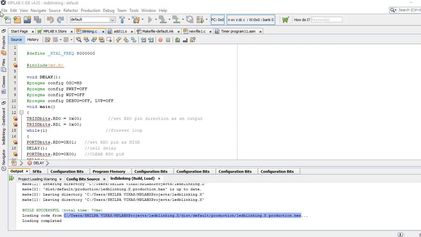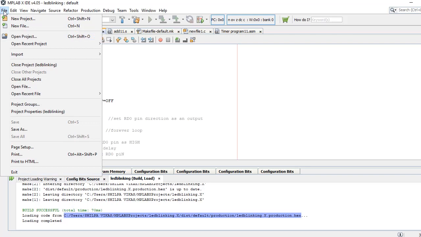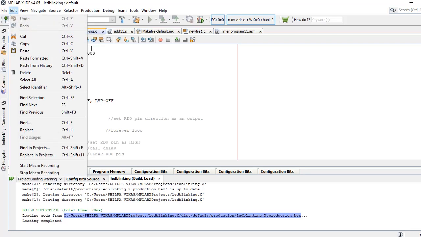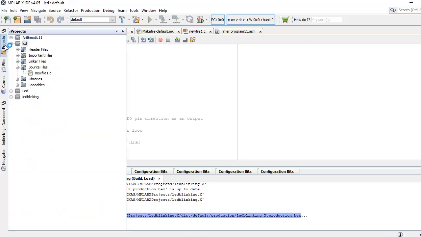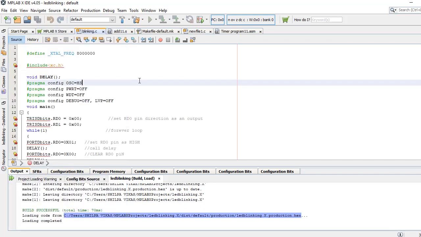First we go to the File menu, click on New Project, keep all default settings and create the project. This is a project created previously, with a .c source file for this practical. Let's start with the explanation of the program.